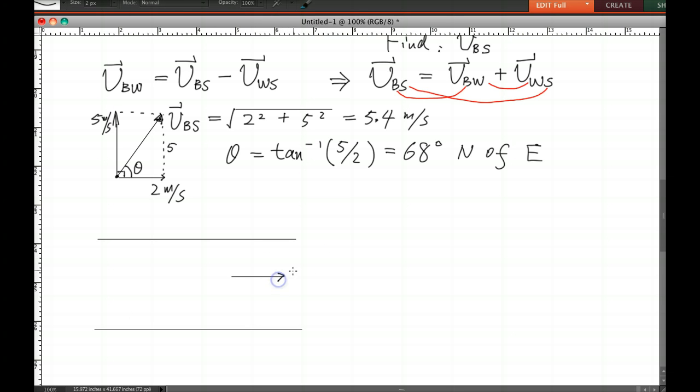So the same situation, let's put the exact same numbers. So the V water to the shore is 2.0 meter per second. And then if you do want to go this way, directly to the north, okay, if that's the path you want to take, then you have to go this way actually,